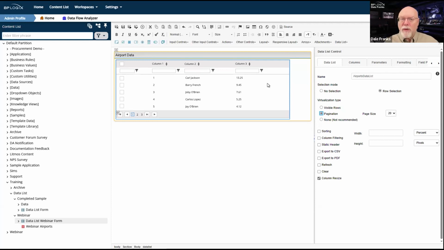So those are the two virtualization methods that are available. And we recommend that you use one of these virtualization methods. I think my personal favorite is pagination. That's not a suggestion that you use it, but I think it is the least resource intensive on an ongoing basis, or at the very least, the pagination.